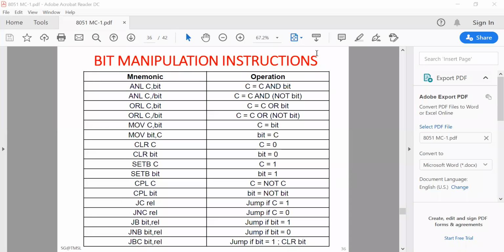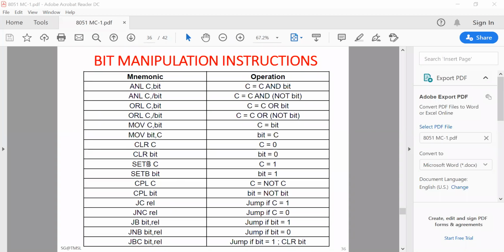Okay. So any bit can be accessed. Any bit can be used for any operation purpose. Like here, MOV C comma bit, move the content from any particular bit of any register to any specific bit addressable address to the C register, or it can be used if there is carry, jump on carry, jump on no carry, jump if bit is equal to 1, if not equal to 1.